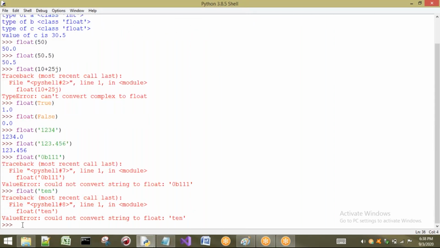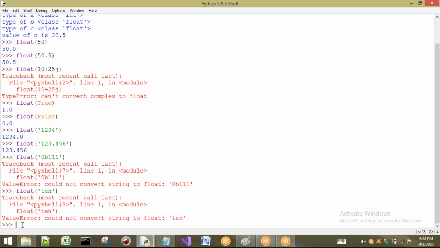Here we are going to get a ValueError. So the things you have to observe: first point, if you want to convert a complex to float, it is not possible. Second point, if you want to convert any string to float, compulsory that the string should contain only a fixed point number in decimal form, or a floating point number. Then it is possible to convert string to float. Otherwise, if you are going to take some other strings, it is not possible.